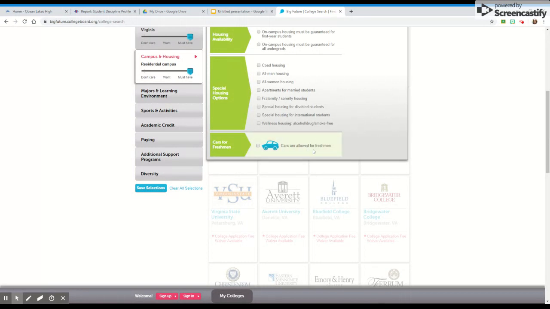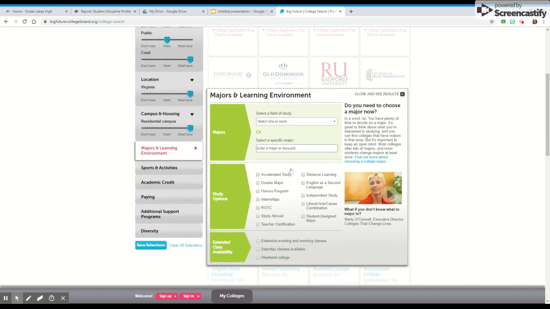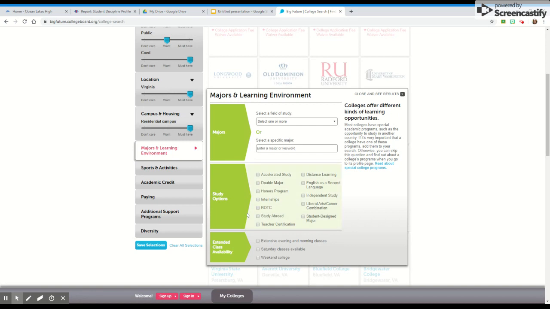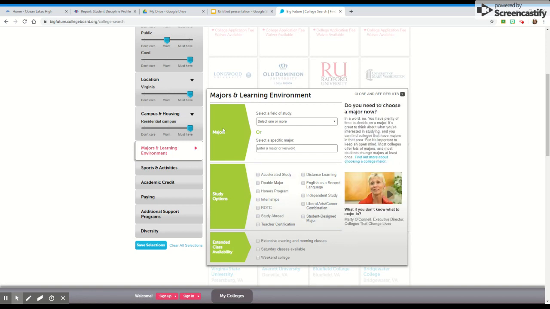So that, if that's important to you, there's another filter. The next filter that can have some real impact, and again, if you don't know what the filter means, use these explanations, is majors, study options, and extended class availability. So the majors, you can, if you want to use this filter, choose a specific major. Now, keep in mind, a lot of times, actually, people change their major multiple times